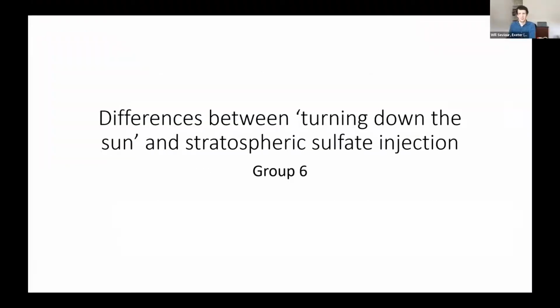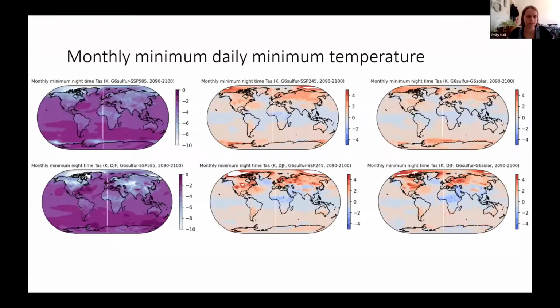Okay, so we're the sort of geoengineering group. We've been looking at two different GeoMIP experiments: one will turn down the sun by reducing the solar constant, and one involves stratospheric sulfate injections. And so we've basically been looking at temperature and precipitation extremes in these experiments, compared with the SSP585 and SSP245 experiments,